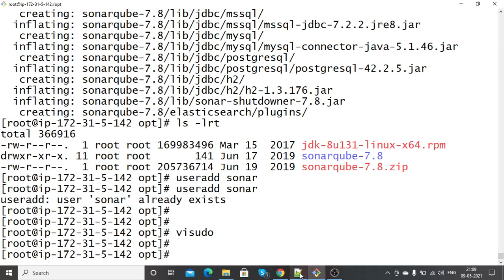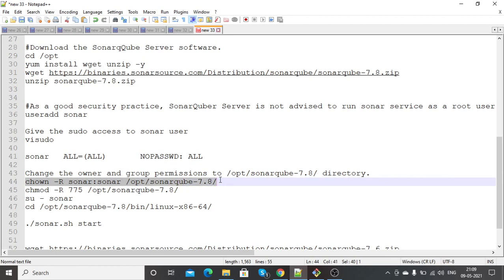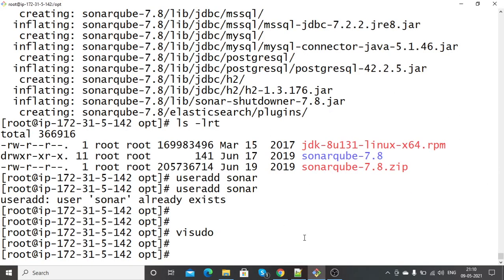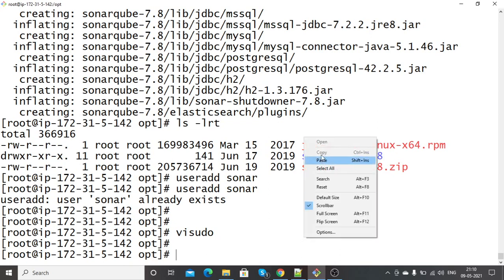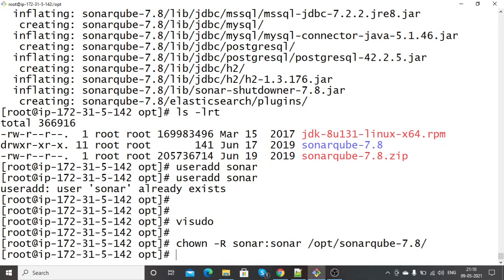The next step is we will have to log in as Sonar user. So before that, change the owner and group permission. Done. Chown to change the ownership. You can see previously it was root user.